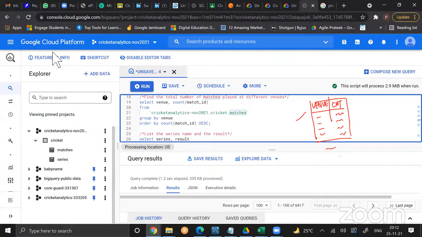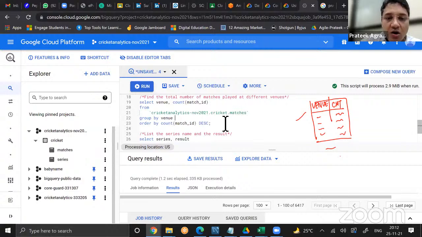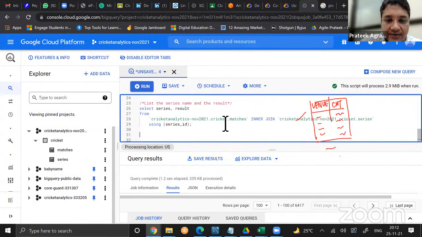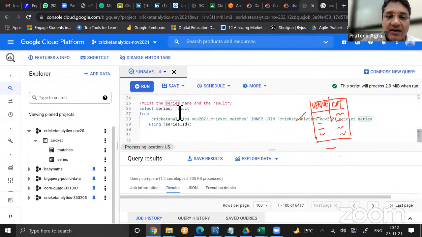Sir, can you re-explain the last query? I will explain the last query. What I have done in the last query is that since I needed to show the series and result, these two column information, which come from two different tables, I had to join the two tables. If you notice here,